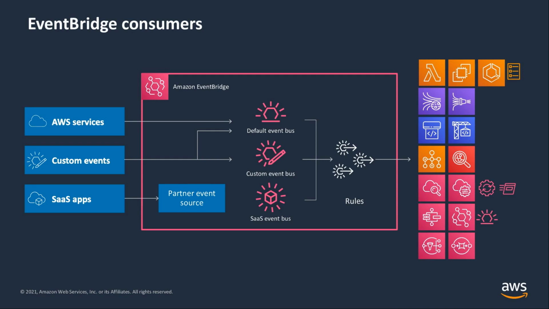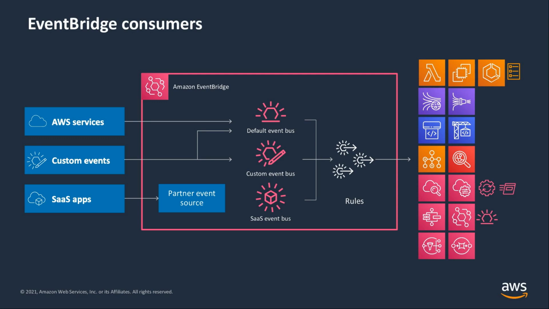So now let's talk about EventBridge consumers. A target or a consumer is a resource or endpoint that EventBridge will send an event to when the event matches the event pattern defined for a rule. We learned that earlier today. So in other words, a target processes events. So lots of different targets. You saw that really long drop down in EventBridge of all the targets that we can send events to.